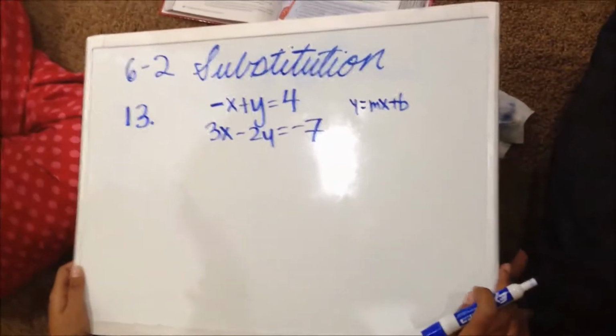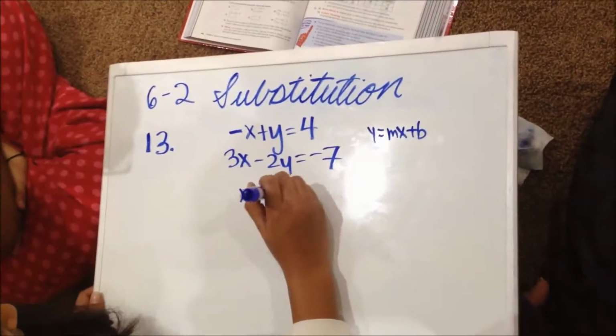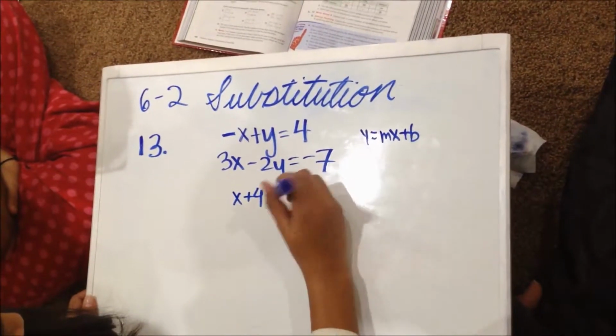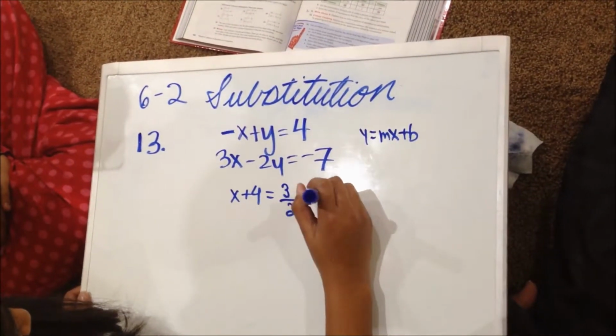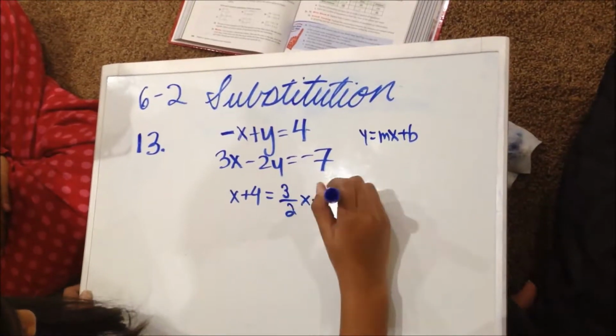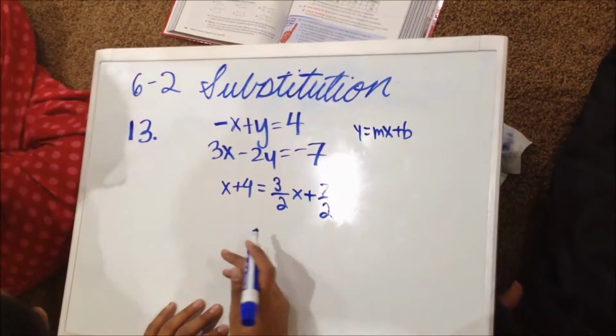Okay, so now what do we do after that? You would have x plus 4 equals y. Oh, yeah, sorry. 3 over 2x plus 7 over 2. Yeah. Okay. So then from there, what you would do is